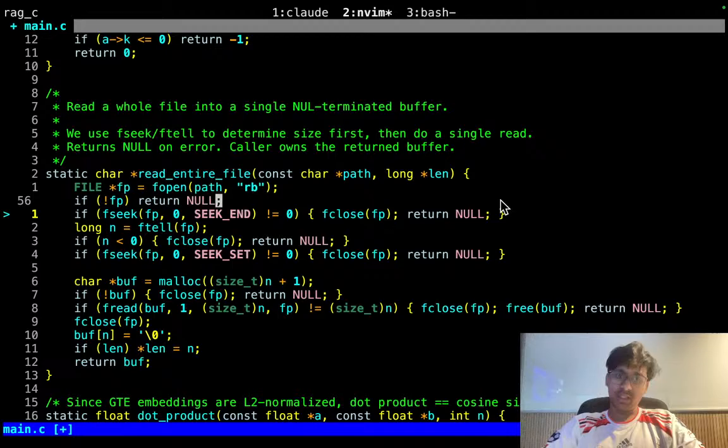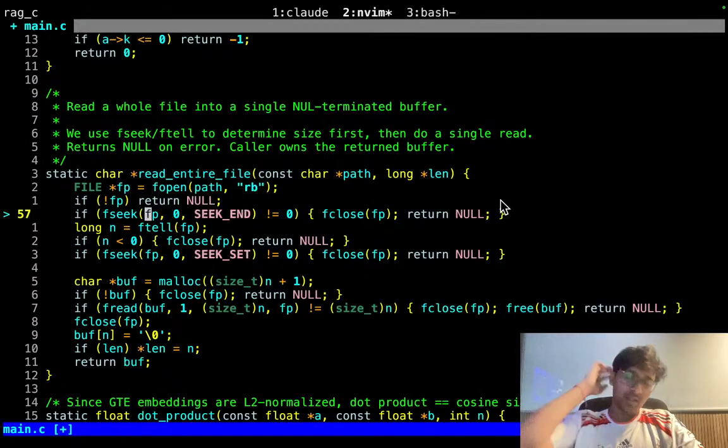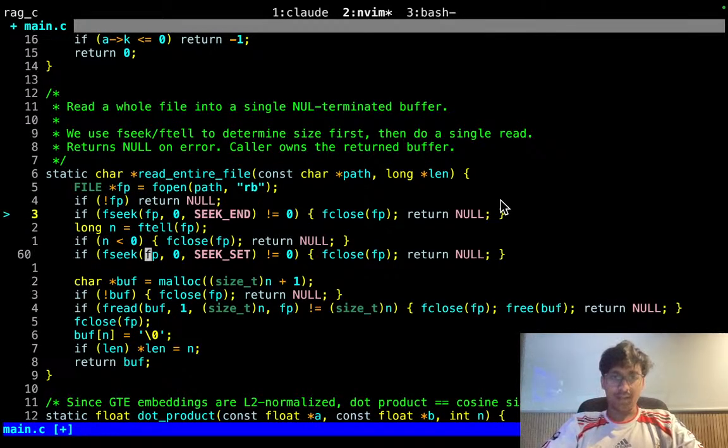So you're basically checking if the file actually exists using fseek with SEEK_END, and if the end of file is not existing, which means we just close it and return NULL. And then long n is equal to ftell of fp. ftell tells us which offset we are in. Now if n is less than 0, I close fp and return NULL again. Fseek of fp, we set it back to SEEK_SET, and if it's not equal to 0,